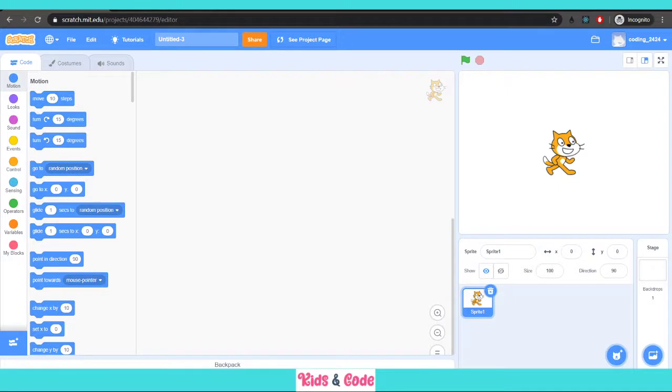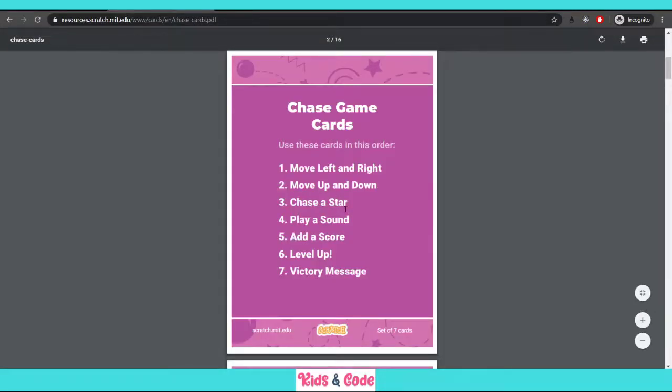Okay, so today's session is about creating a chase game. In this, we will create a game and we'll have various steps in this. So we have controls for the game, we have various things to do in this game, like we have to make sounds, we have to make a score. So all these things we'll learn in this game. So here are the agendas for today, and let us get started.